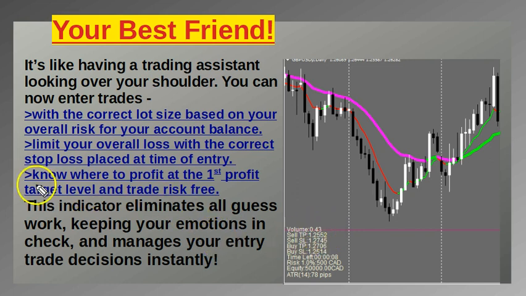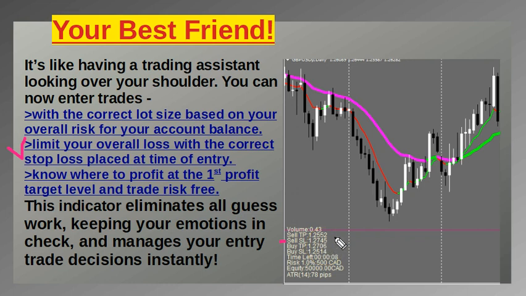that's there. Now, the next thing it's going to show you, this indicator, is to limit your overall loss with the correct stop loss placed at the time of entry. So whenever you enter a trade, guys, you need to know your stop loss. And instead of going to that calculator I showed you on a previous slide from babypips.com, it's going to tell you. So here, if you're contemplating, let's say, a sell trade, your sell stop loss, do you see that right here? Your sell SL stop loss is 1.2745. So you would just enter after you enter a trade, then you go back, modify a trade, and put in your stop loss at the level